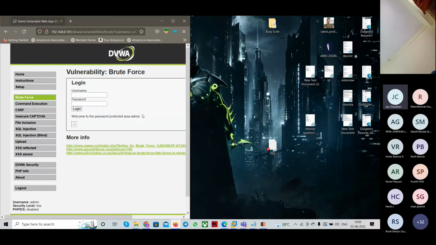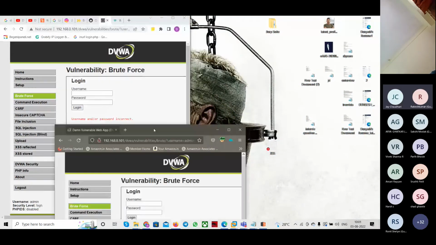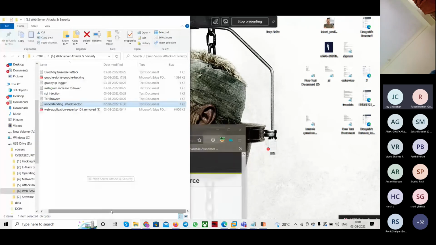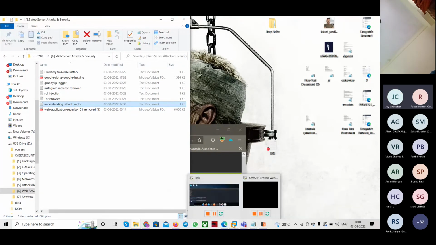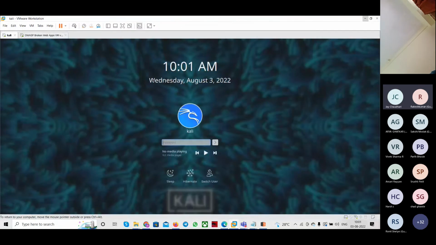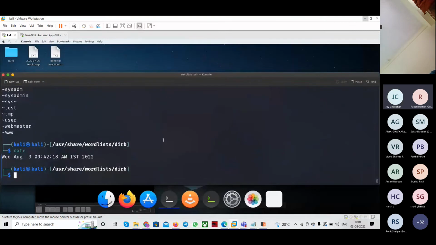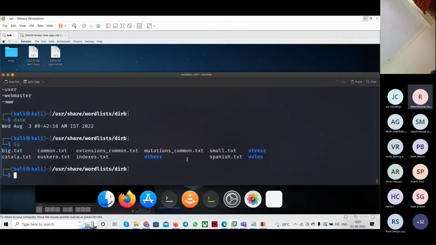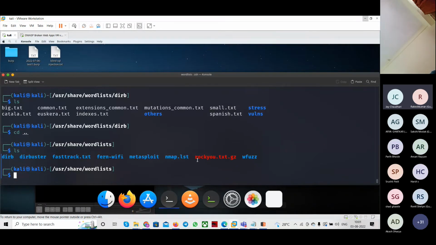ओके, सो इट डिपेंड्स कि जैसे मैंने छोटे से 5 वर्ड की 5 कॉमन पासवर्ड की एक लिस्ट बनाई थी। सो वहां पे आप मल्टीपल जो होते हैं पासवर्ड, उसकी भी आप लिस्ट बना सकते हो, जैसे कि गूगल पे बहुत सारे पासवर्ड लिस्ट मिल जाती है। काली के अंदर एक लिस्ट होती है पासवर्ड की, रॉक्यू नाम से, जिसके अंदर बहुत सारे कॉमन पासवर्ड है। ओके, एज यू कैन सी ओवर हियर, यहाँ पे रॉक्यू दिख रहा है, रॉक्यू डॉट टी सी। यहाँ पे आपको बहुत सारे इसके मिल जाएंगे।